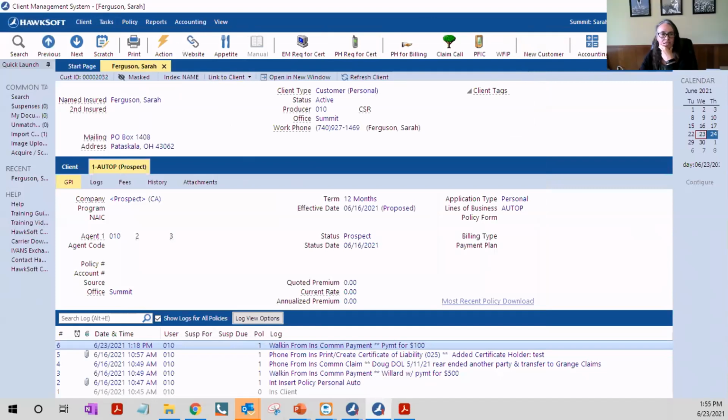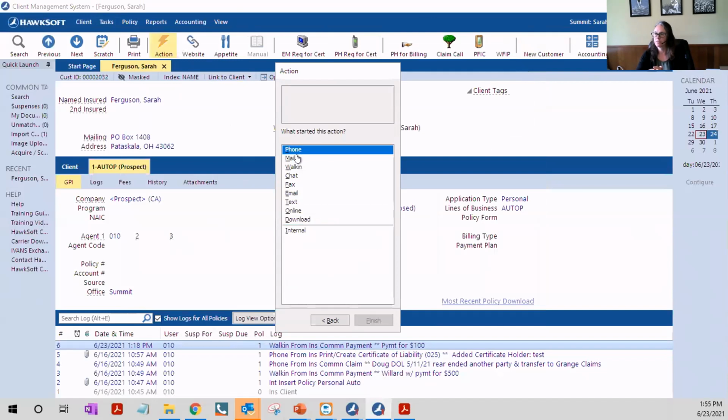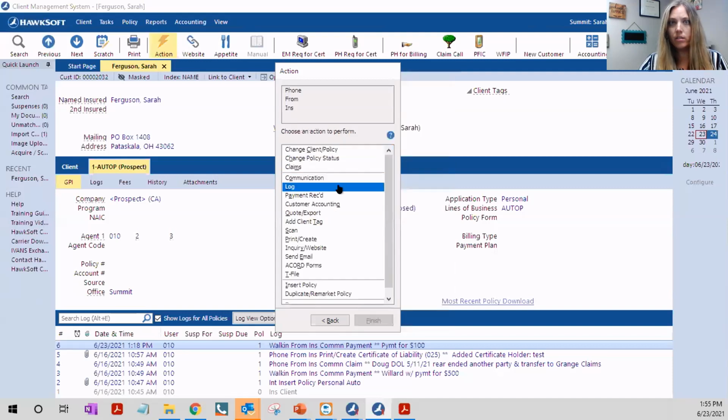I'm thinking she was asking the same thing I had asked, which is, where did you go to make those categories, which was once you were in, you had to get to the point where you were using an action menu. Yeah, so like Phone, From, Insured, and then this is where you can get your forms. So you just go to ACORD Forms,